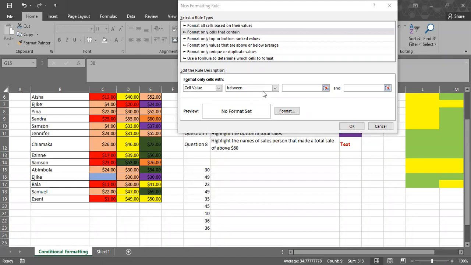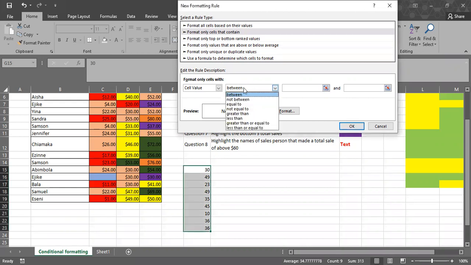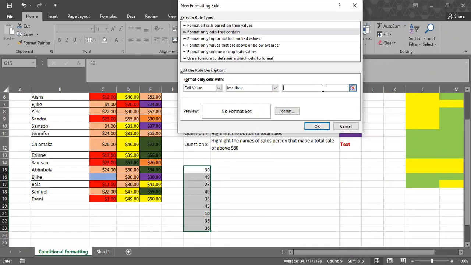And if I want anything less than 30, I change this, because by default it comes as between. So I change it to less than, and I just type the number 30 here